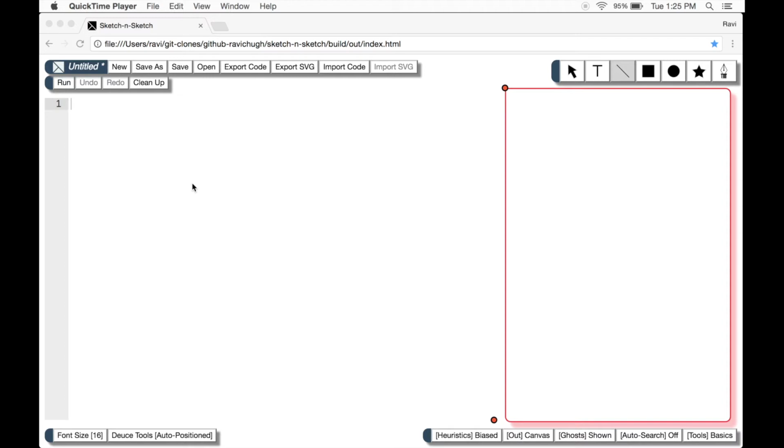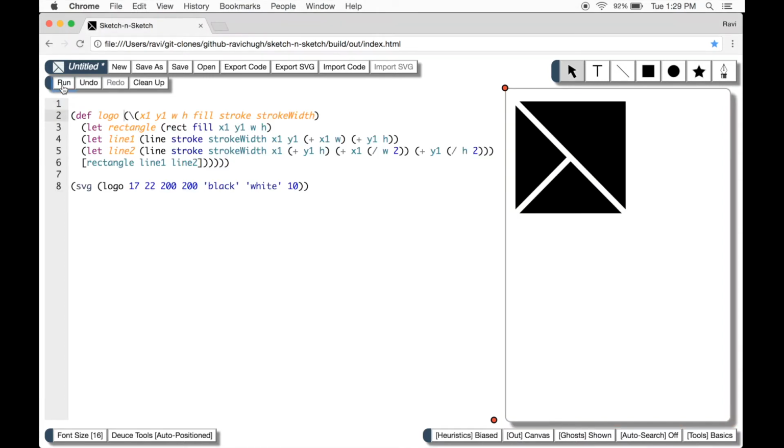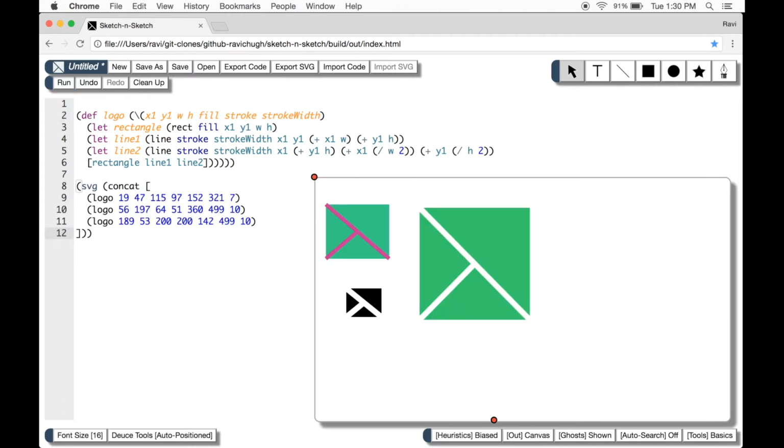scalable vector graphics. In this example, our goal is to build a program that generates the Sketch-n-Sketch logo, which consists of 3 triangles that reveal a lambda symbol in the negative space. We will organize the program so that it can be reused to easily generate configurations of the logo with different